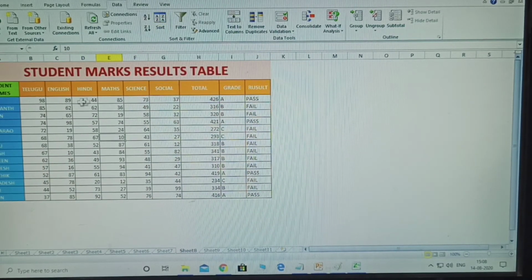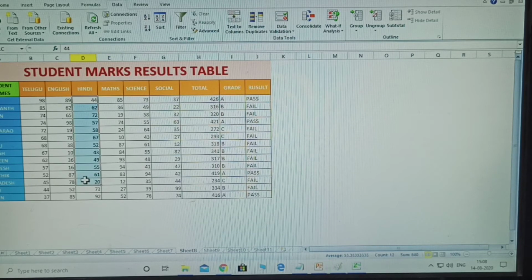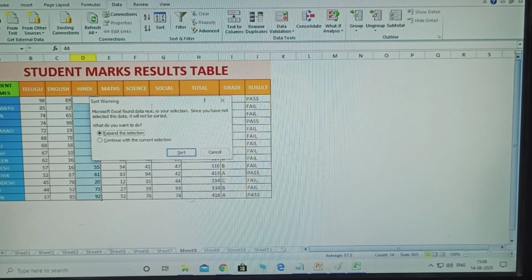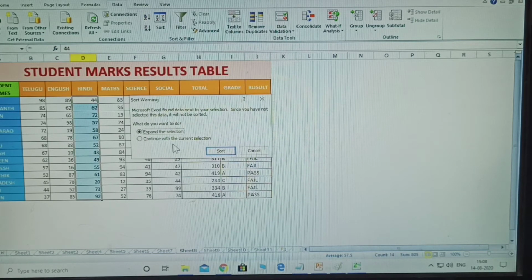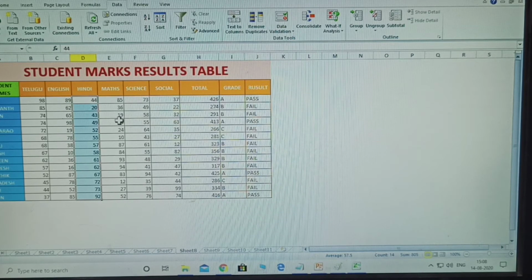Now I select only the Hindi subject marks and click A to Z. I choose continue with the current selection. Click Sort.